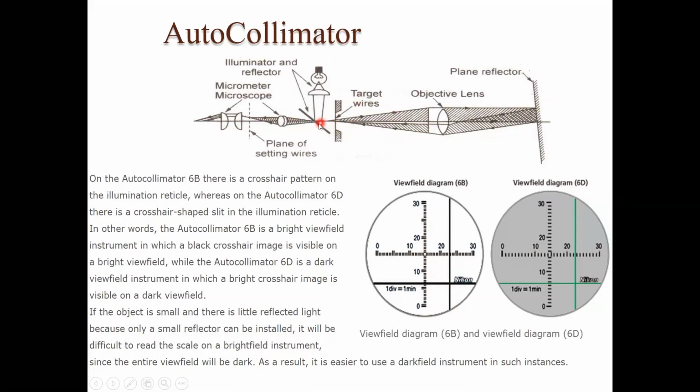The beam which is projected from the reflector takes the target wires image along with it, and the beam of light is reflected back and occupies the microscope view position. In that case, it looks like this crosswires. This black or green cross is simply the image of the crosswires which are present in the path of the beam. Depending on the position of this beam, you can measure the distance, the variation. That distance, x distance, can be used to find the theta value.